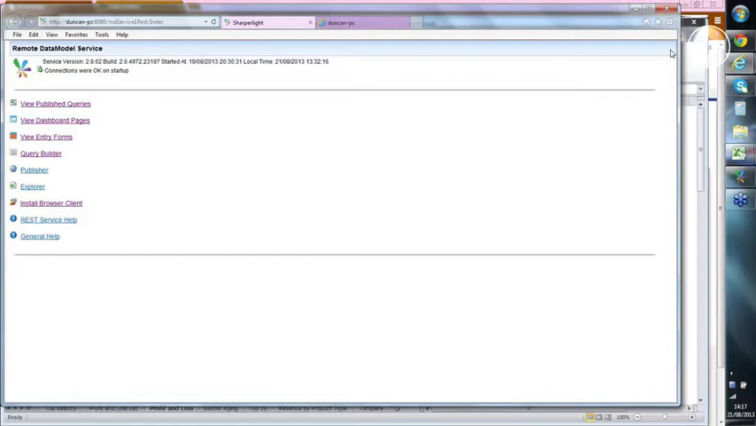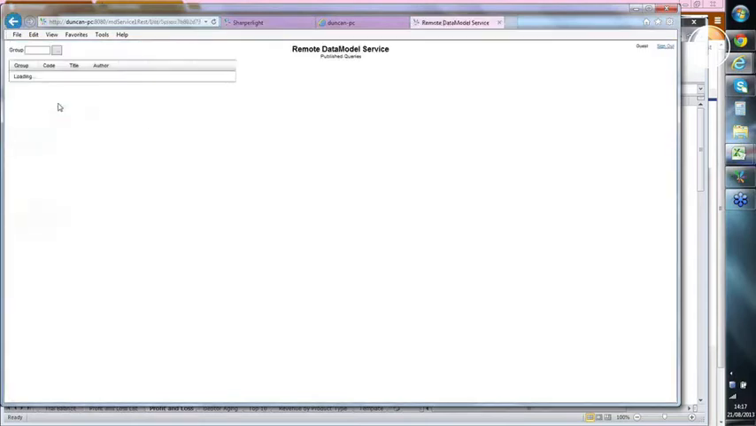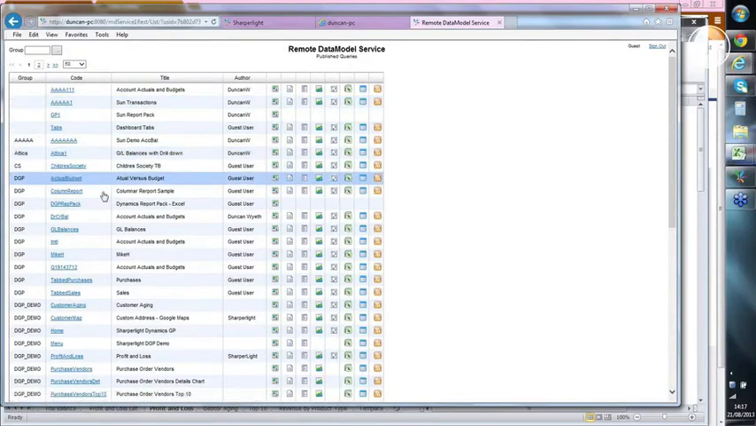What I would say is at the moment the software doesn't automatically detect the device and then change the view, so the view has to be determined for the device you're running it on. But if I open up the Sharperlight data model service, the remote service for Sharperlight, this is our web view, and in here I can view all of my published queries. If I click on that, I'll get a list of all the queries that I can view,